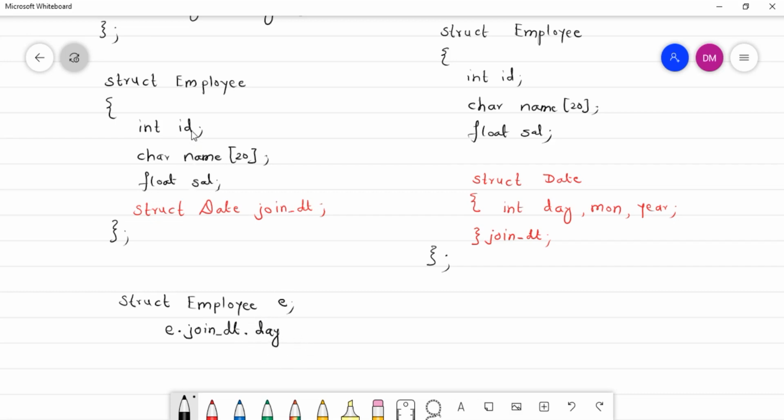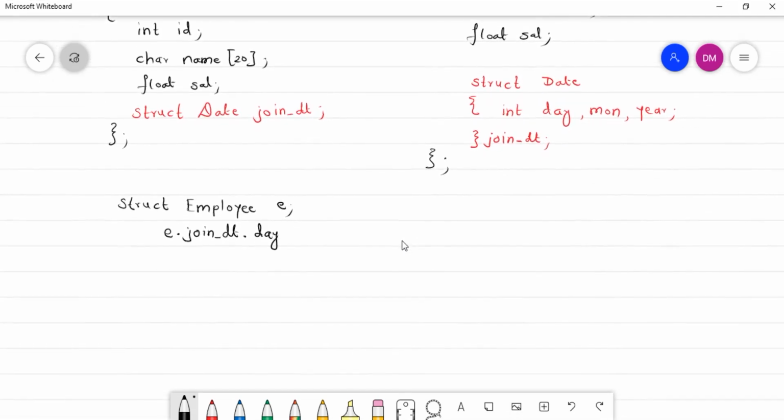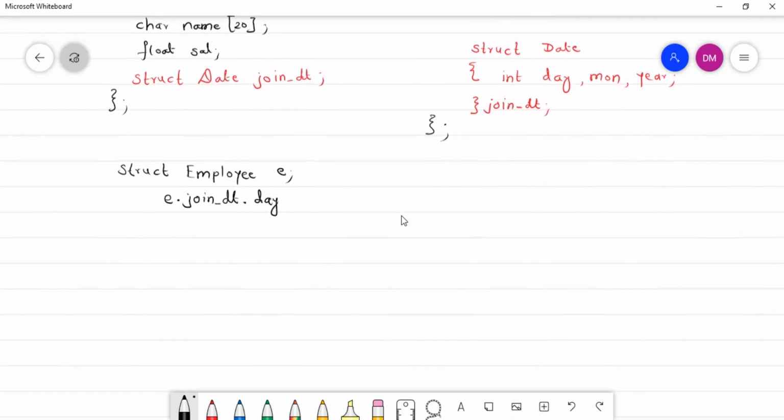The rest of the elements will be accessed as it is, like e.id, e.name, e.sal. They do not get changed. So this is one form of complex structure, that is structure within structure, or you can also call it a nested structure.